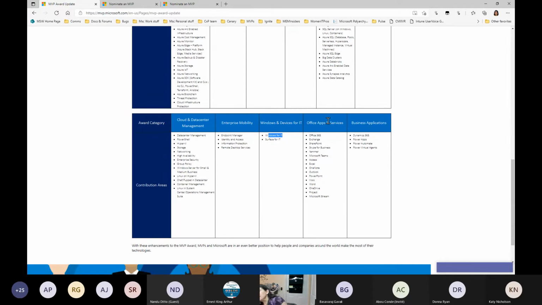So Office apps and services is another really interesting one to run here because it's such a large area. So Allie, the woman who runs this, she is not deep in each of these technical areas, but there are people like Lori Popmeyer who run the Teams MVPs. And so, of course, she's the one who is all about the Teams piece.